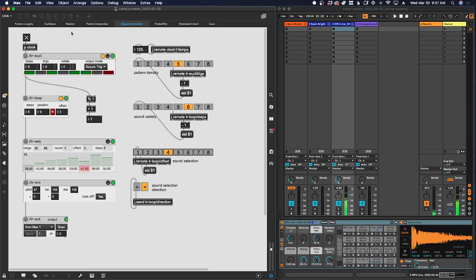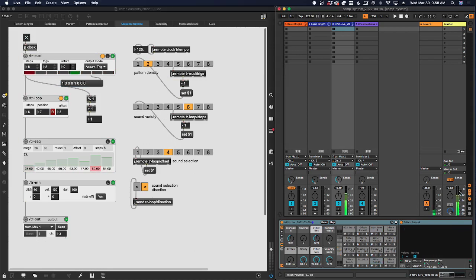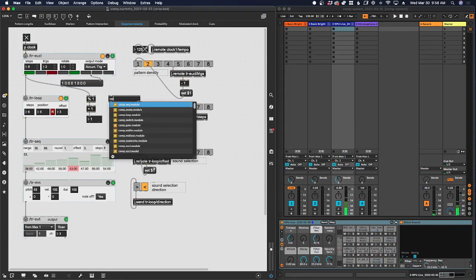So if you imagine we had that Markov chain, like we could do a thing where, in fact, I can tell this Euclid device to give me its sequence. So this is just a 0s and 1 representation of the sequence that it has loaded in. And I actually can feed that into